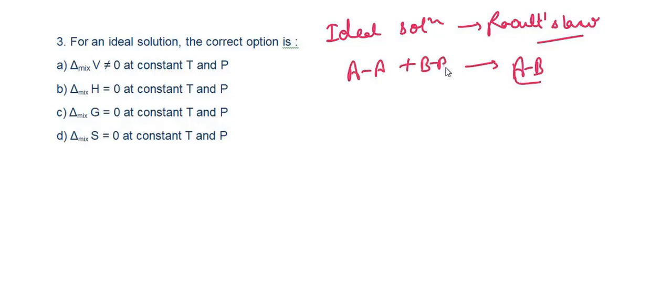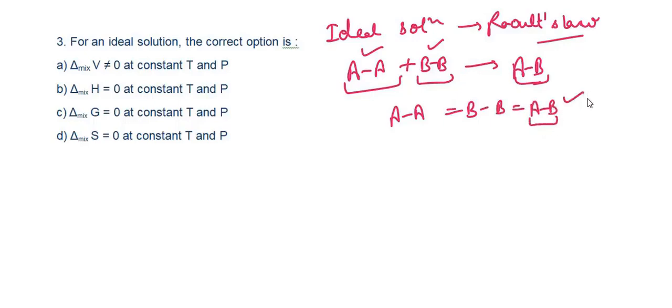When we mix the AA type solution with the BB type solution, the interactions in the first solution are of AA type, and in the second solution of BB type. When we mix them, a new mixture is obtained that has AB type interaction, and when the interaction forces between all these are similar, then we can say that the resultant solution is an ideal solution.